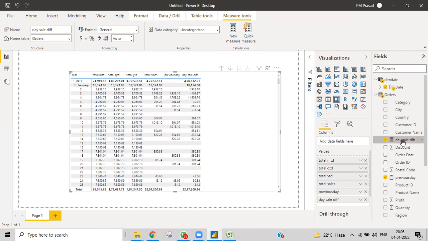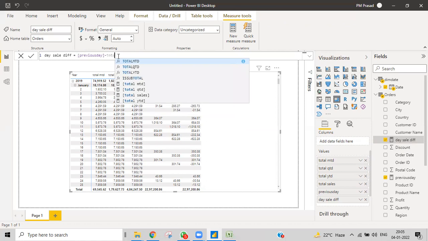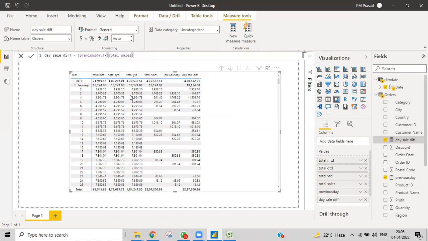I want to arrange it from this side to this side so that you can understand very clearly. Total sales, so that you can understand the difference between the previous day and today's total sales.